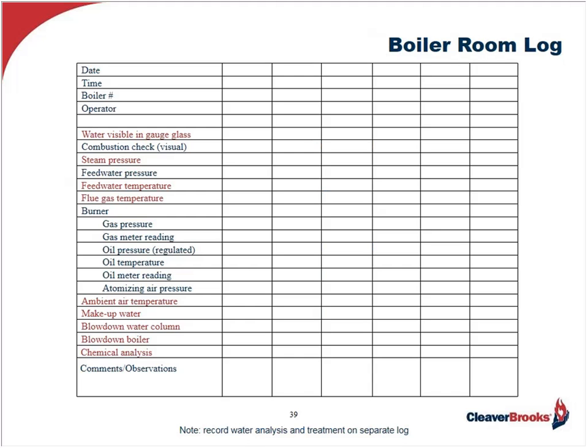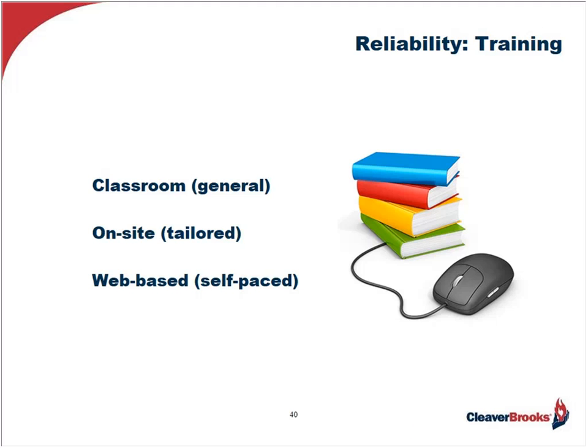Is the gauge glass cloudy or scaled up? I want to be able to see that level readily. Steam pressure, how does it fluctuate? Feed water temperature, the flue gas temperature, these all relate to efficiency. These are critical items, the ones that I have in red. And when we're talking about improving reliability of the boiler, what I've talked about so far, including uptime,